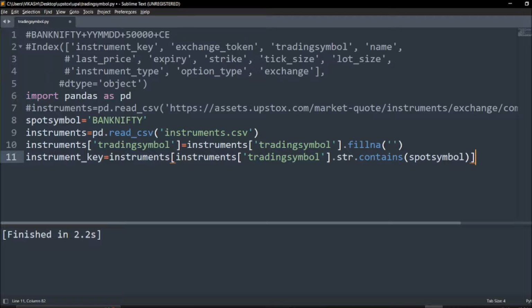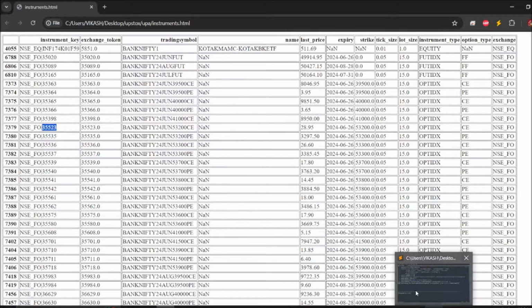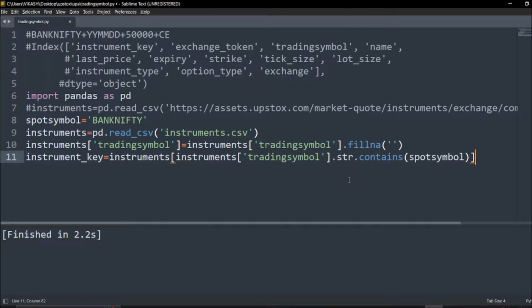I'm looking for this particular instrument key. I'll show you that as well. The instrument key contains the exchange as well as this token, which we see as an instrument key. We can see this in the exchange token as well, but I believe at some point for the other index it may get changed. So we have to rely on this whole instrument key. Now what we can do, say this instrument key which I'm looking for,